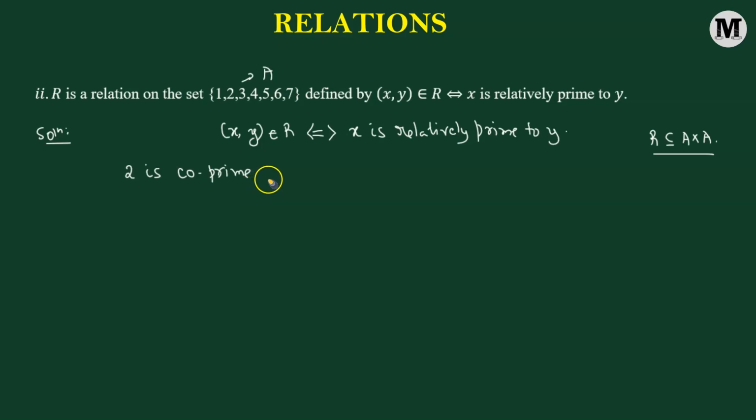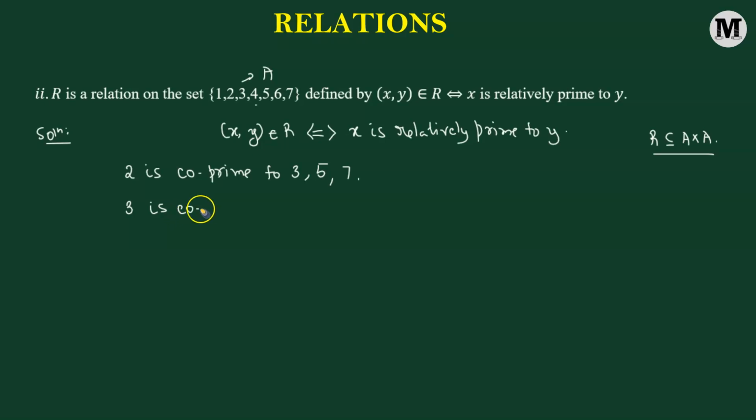is co-prime. So what is that number with whom 2 is co-prime? So 2 is co-prime to the number 3. It's not going to be co-prime with 4 because the greatest common divisor will be 2. Then it's co-prime with the number 5, and then it's co-prime with the number 7. Fine. So next, if we pick x to be equal to 3,